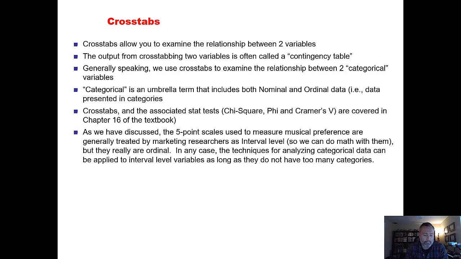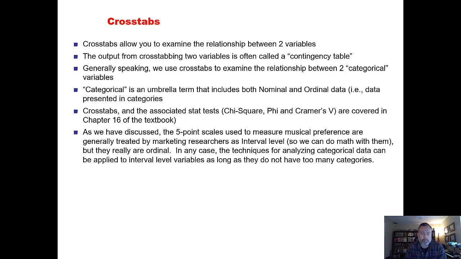Now, when we looked at frequencies, those are statistics in the sense that we are looking at the results of a sample and trying to get a sense of what's going on in the population. But we haven't really done any kind of statistical testing. When we look at crosstabs, there are a few specific statistical tests that we will typically look at to determine whether the relationship between the two variables is, first, what we would call statistically significant, which doesn't always mean what